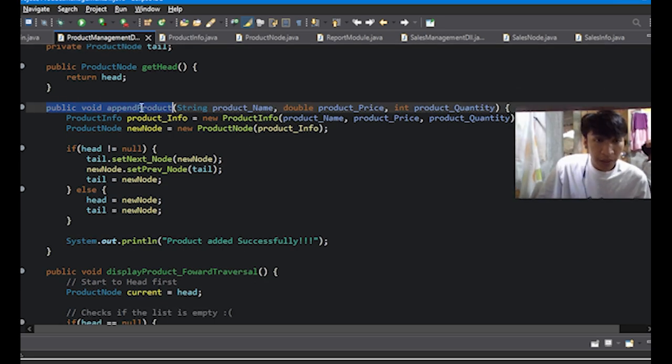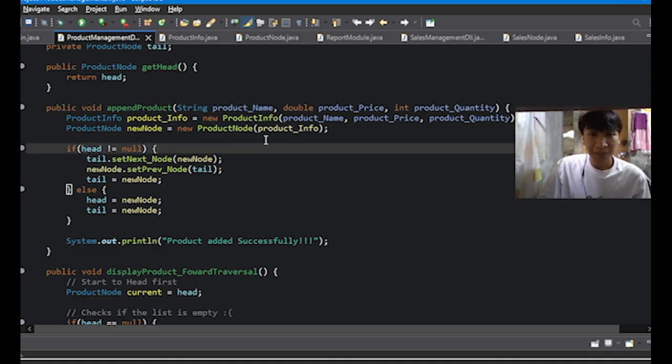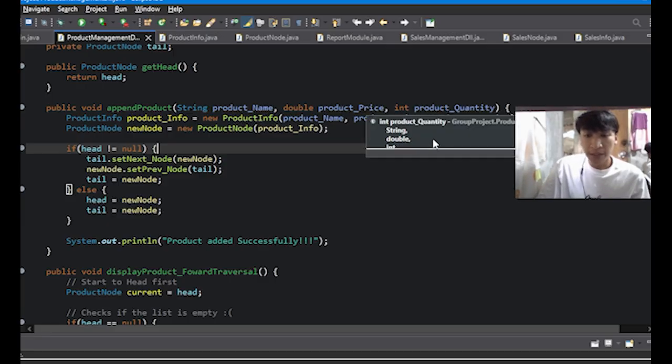In public void append product, with string product name, double product price, and int product quantity, it adds a new product at the end of the doubly linked list.